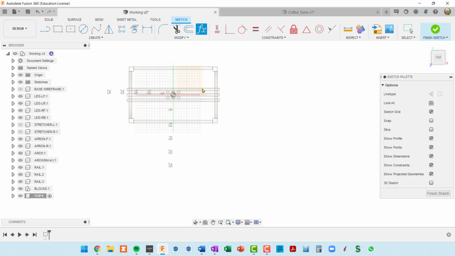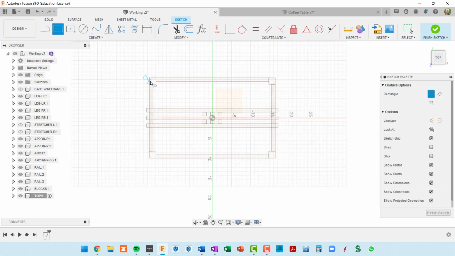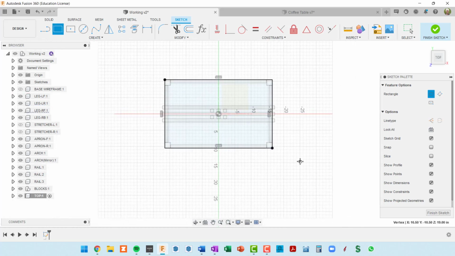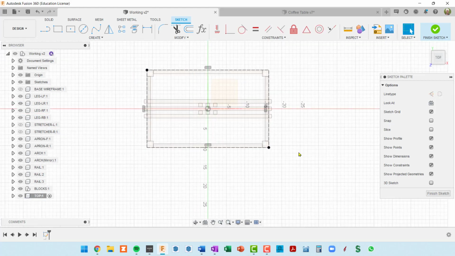Okay. So now it's pretty simple. We're looking straight down on the table base. I get my 2-point rectangle and I snap upper left to lower right on these legs. And I've got a fully defined sketch that is coincident here and coincident there. I'm going to hit escape to get out of my rectangle tool, double click on the rectangle and hit X and make this into construction geometry, because I'm going to do an offset from here to get,